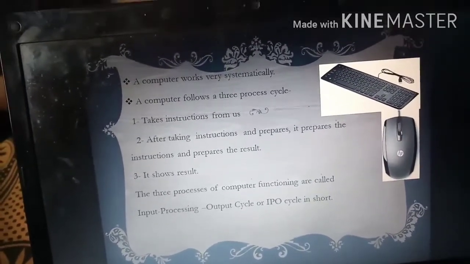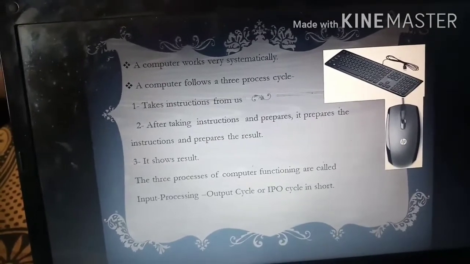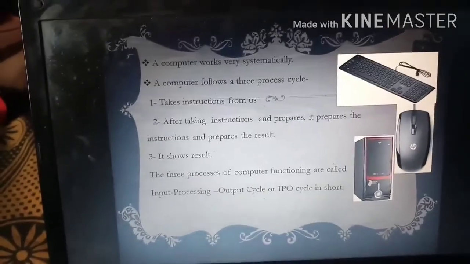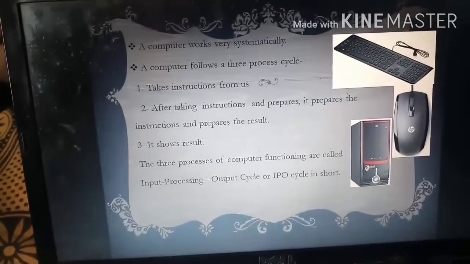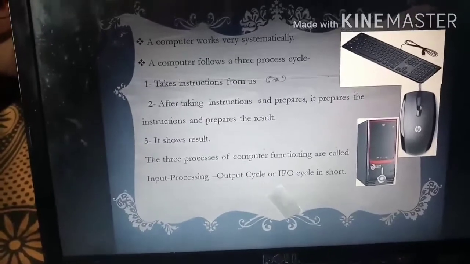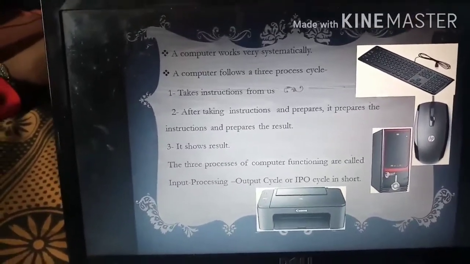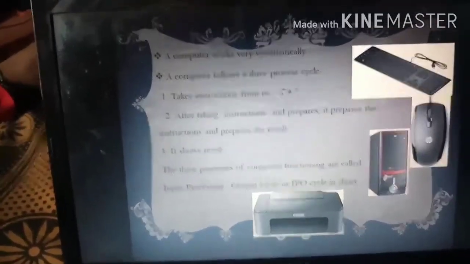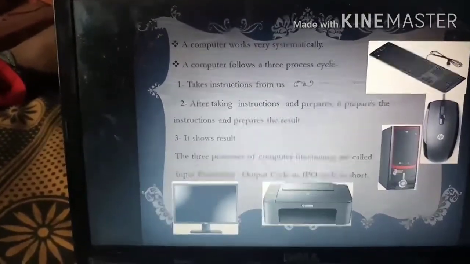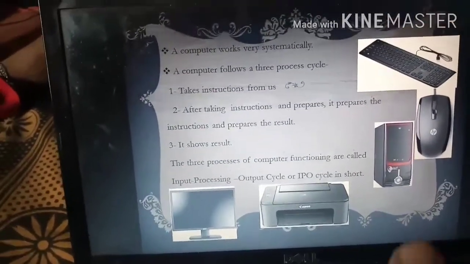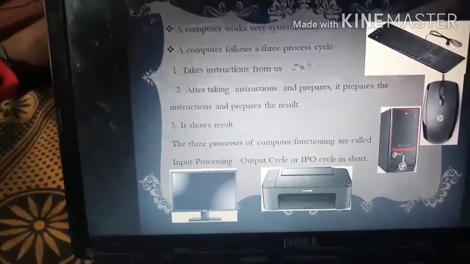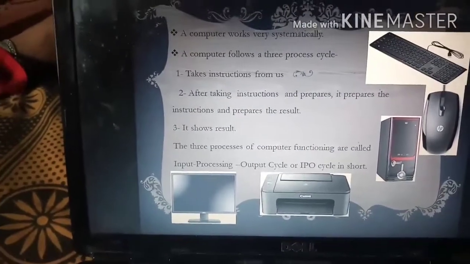These two are input devices used for taking instructions. Next one is the CPU. This CPU prepares the results. Then the third point, it gives the results. It is your printer, generally, or this is a monitor. This printer and the monitor are used as output devices. Come to the next.